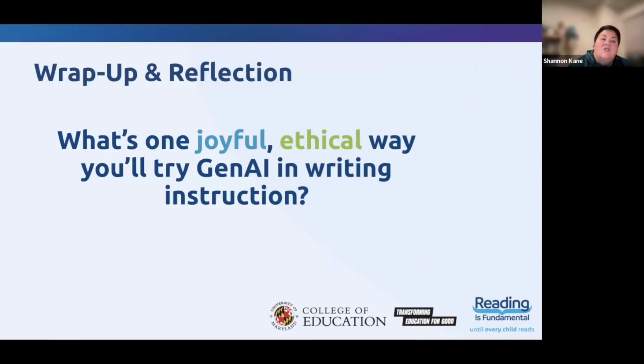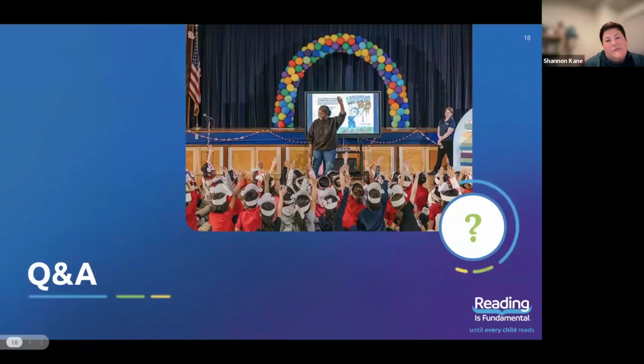But I think again, just like we model being writers with our students, right? Sharing those anecdotes with our students around what we use it for and how we use it is super powerful, right? Our students are going to watch us and take our lead from it. And so just like we want to create critical thinkers about texts, we want to create critical thinkers around technology. And so this is just one way to do it. And that's all. If there are any questions, but I really thank folks for taking the time tonight.